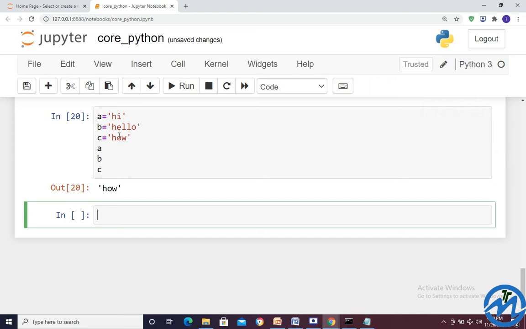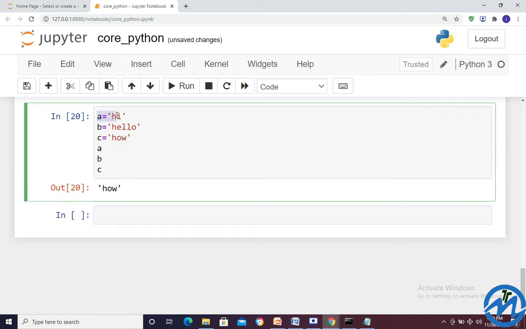How come? Why did I get the last one? Because Python is an interpreted programming language. Here you have assigned these, and finally you call the first one, the second one, the third one. So what came last, that got executed. But I want all the data to be displayed. How can we do this? So we have to write all the data in print. Suppose print of a, print of b, print of c.